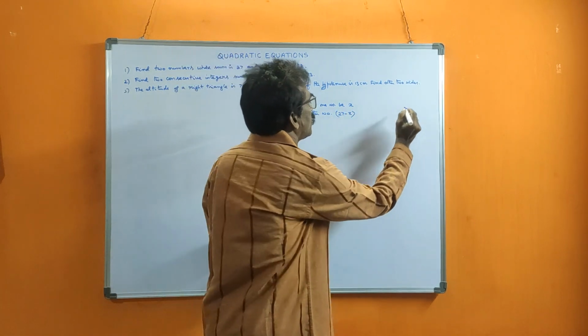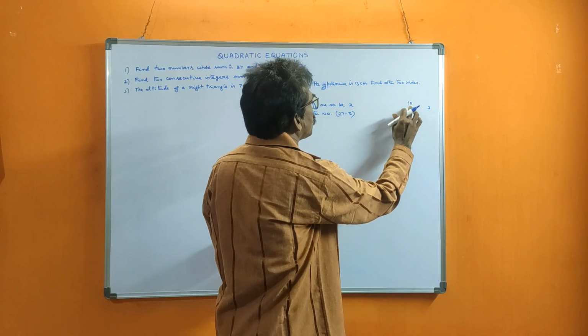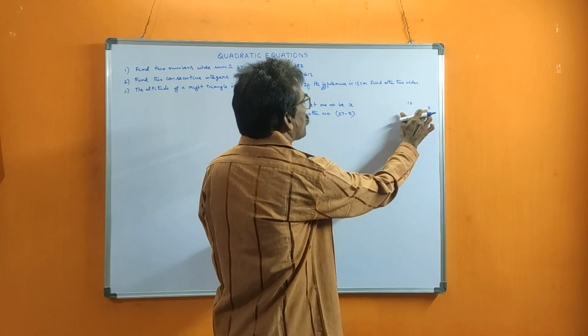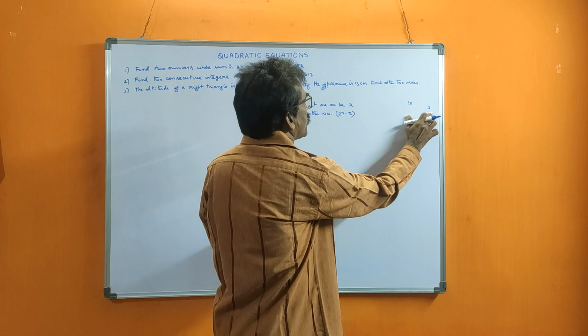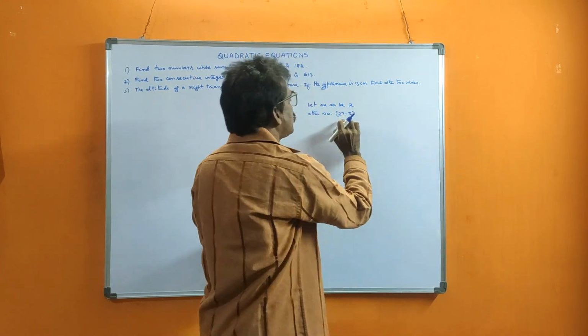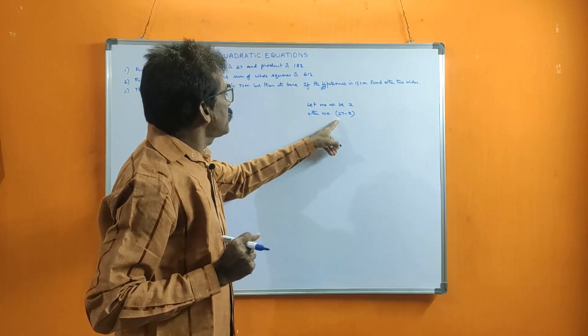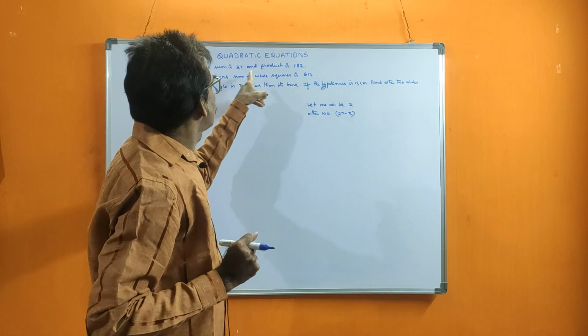So suppose the sum is 10. One number is 3. The other number is what? 10 minus 3, so the sum is 10. Here the sum is 27. One number is 3, here x. The other number is 10 minus 3, which is 7. Here the other number is 27 minus x. This is in numerical, this is in variables. Same concept. So, one number x means the other number is 27 minus x, because the total is 27.